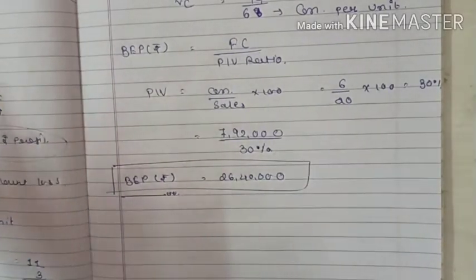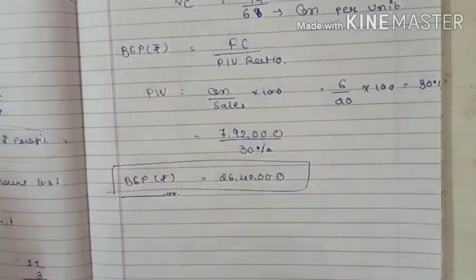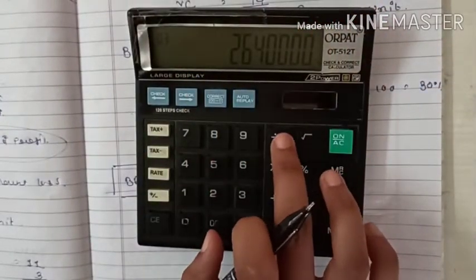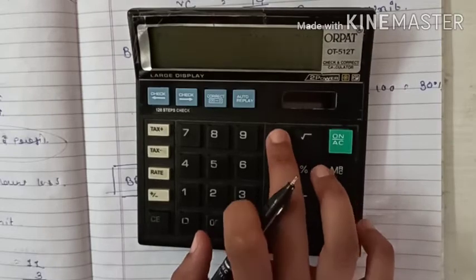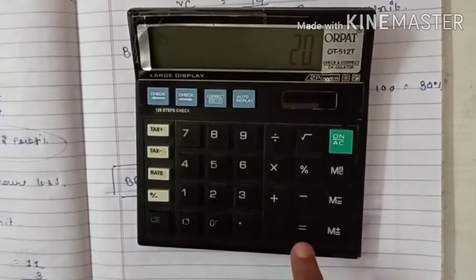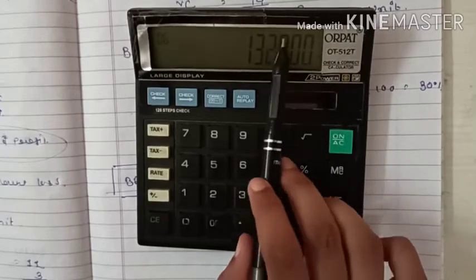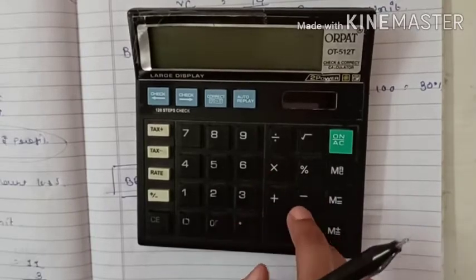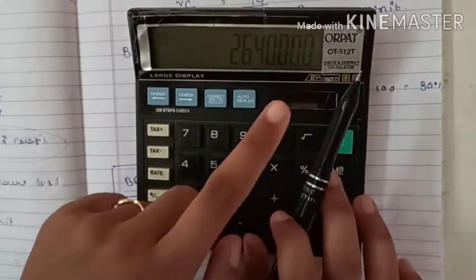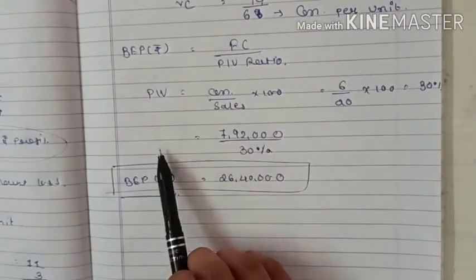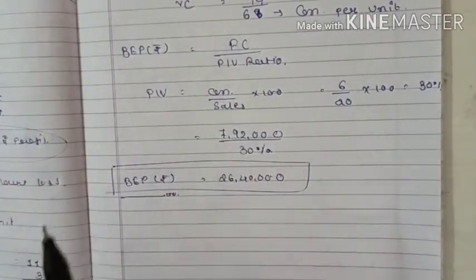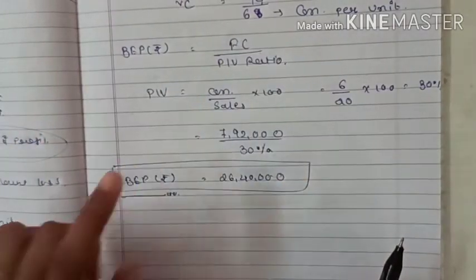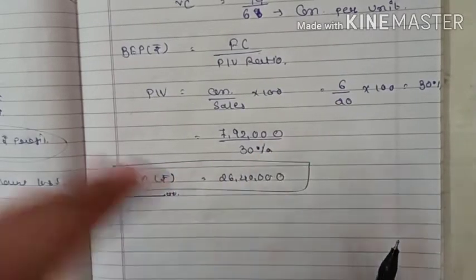Right? And if you have to find out BEP in units, you can directly find it out of this. When selling price is rupees 20, so 26,40,000 divided by 20, you will get 1,32,000 BEP in units. Or first we find the BEP in units, then multiply with 20, you will get 26,40,000. There are so many ways to find out the BEP in rupees. With any formula you can find out the BEP. First and basic need is the answer should be correct.